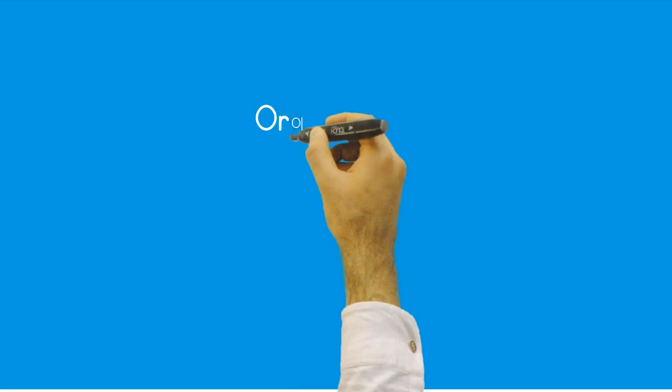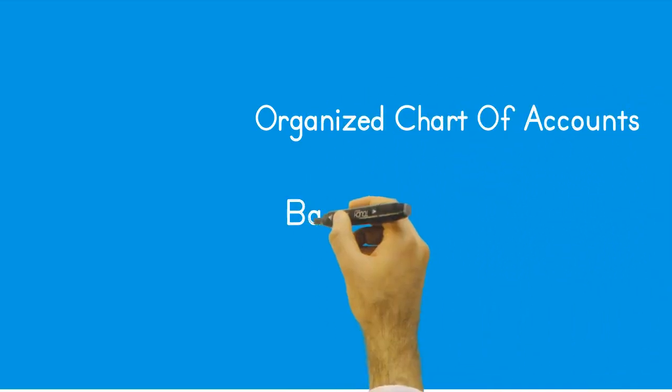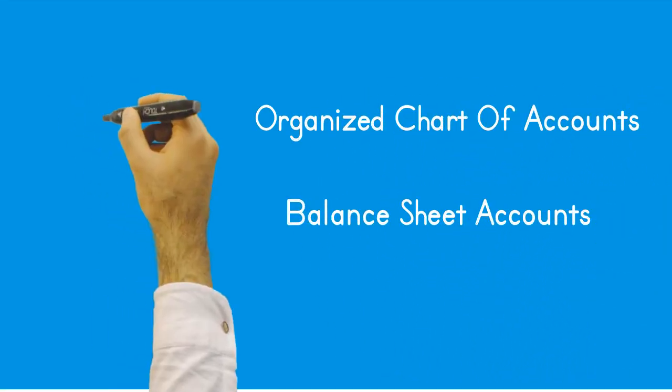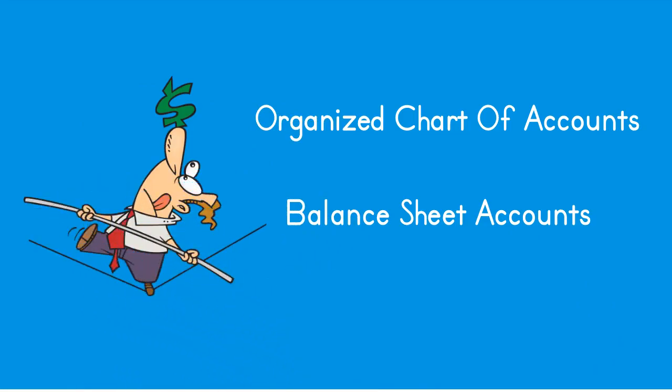How is the chart of accounts organized? The chart of accounts is typically organized and listed in a special order. Balance sheet accounts are listed first, followed by the income statement accounts. Note, this USA order may vary depending on your country. Balance sheet accounts: 1. Assets. 2. Liabilities. 3. Owners', stockholders'